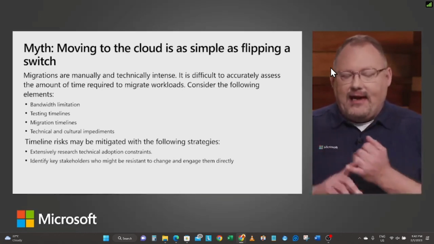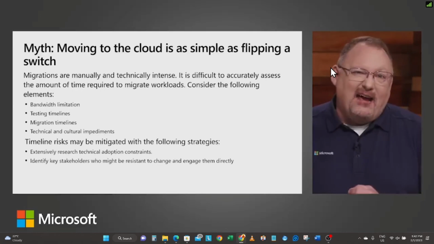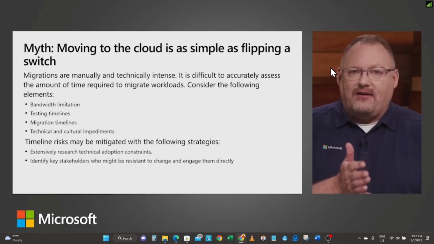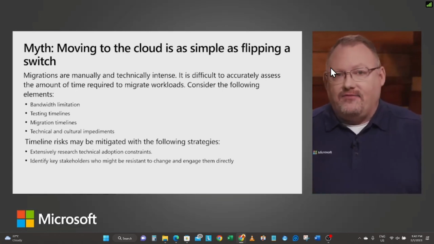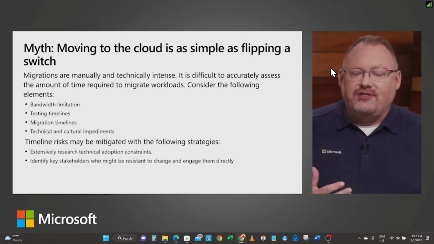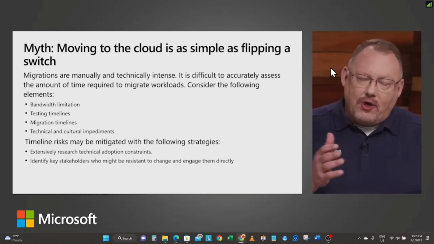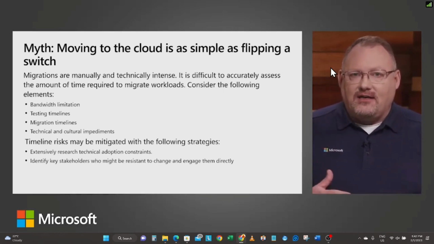Looking at what are some technical adoption constraints? We have customers that say, hey, we can't move to the cloud until Microsoft comes out with that feature that's currently in preview. And that's 100%. Or we have, like, our Canadian friends before there were Canadian data centers, right? Hey, we got to move stuff inside of here. Identify who are the key stakeholders to help you engage that environment. Who's going to do this? And especially if they're resistant to change, talk to them.